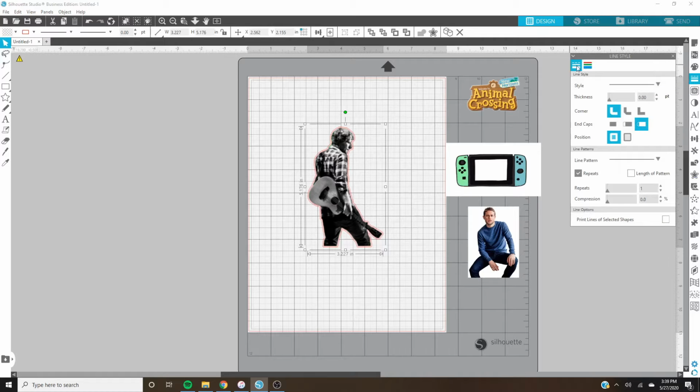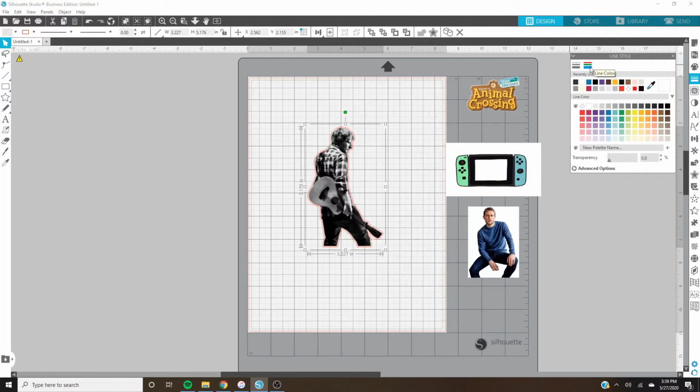Okay? And so you have the line style, all of that kind of stuff. You just want to hit this here, line color. And I'm just going to hit the black color. And so as you can see, Ed is now outlined in black. So that's the line that I'm going to have my machine cut, and not that red one. And so once all that is done, you want to select all of it together and make sure you group